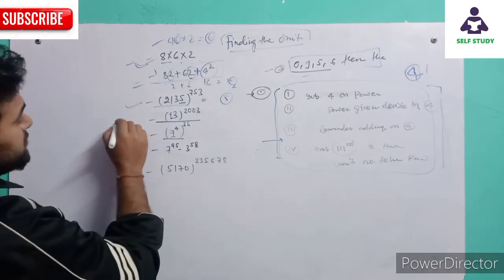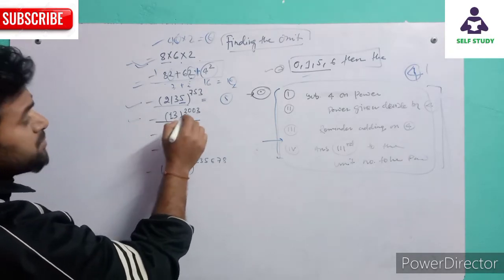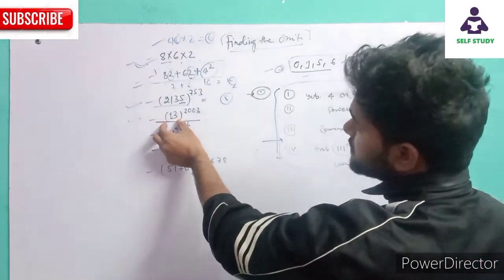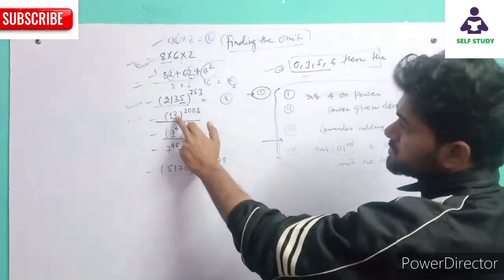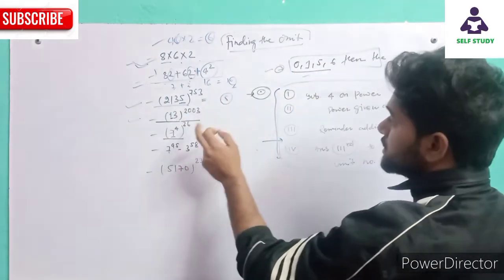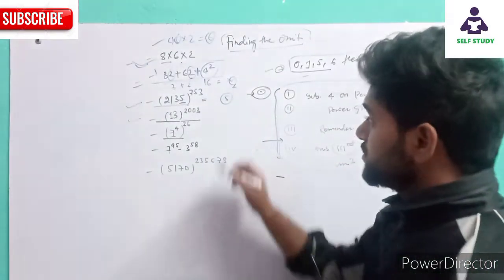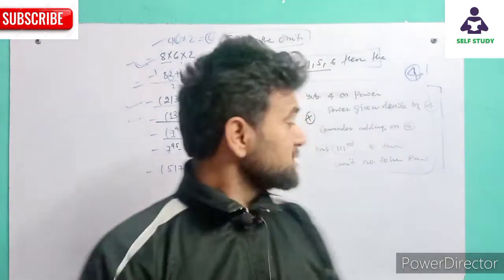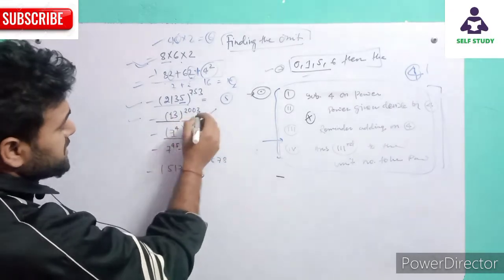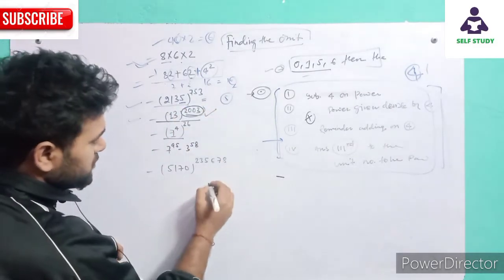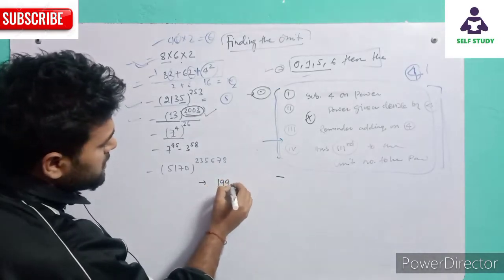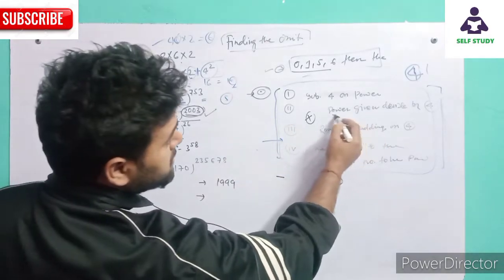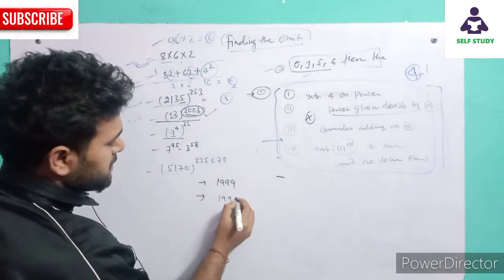Okay, otherwise you will find it by applying this rule. The next example is 13 to the power 2003. Here in the unit place there is not 1, 5 or 6, so this is 3 to the power 2003. We will solve this question by applying this rule. The first step is to subtract the power given by 4, so then 1999. Then the second step, power given divided by 4, so 1999 divided by 4.